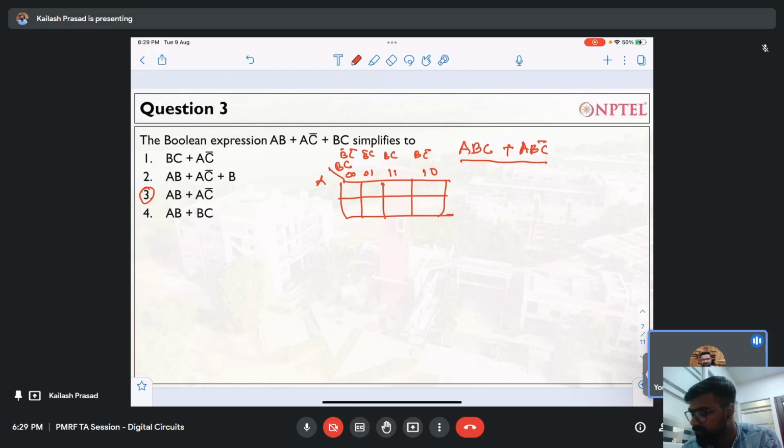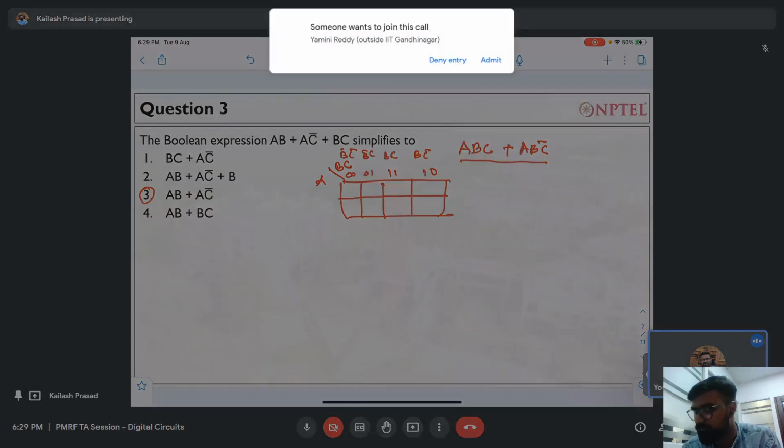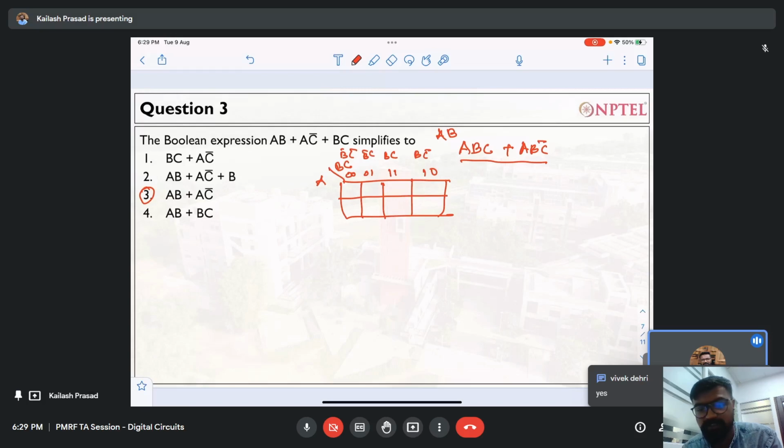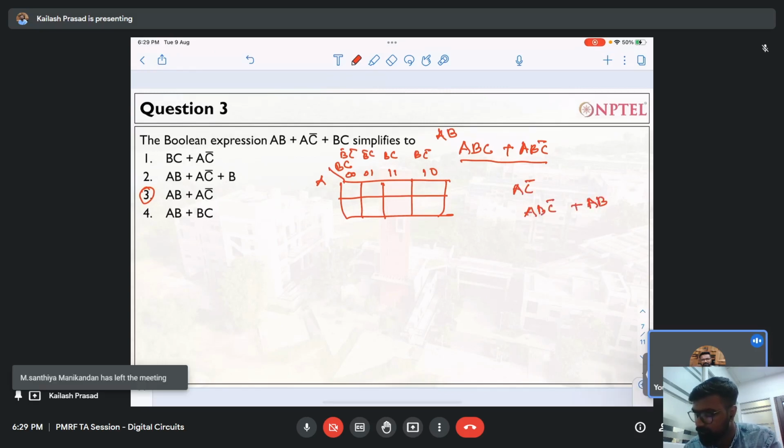Hello, I can write AB like this. Yes, sir. Okay, right. Other students also fine, right? Only Vivek is responding. What about the other students? Yes, sir. Okay. So see, similarly, AC bar can be written as ABC bar plus AB bar C bar. Okay, so I have two more terms, and then we will be having ABC plus